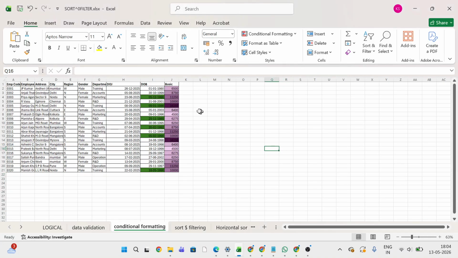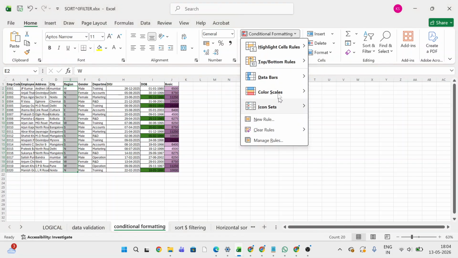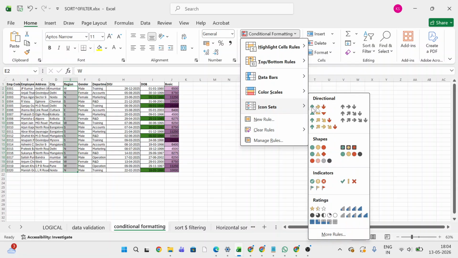Now, can you see, guys? I've given from 1985 to 1995 to give the color as green. So it is highlighted as green. Okay, I can also give the symbol. I'll tell you guys, it's icons. I'll give icons as